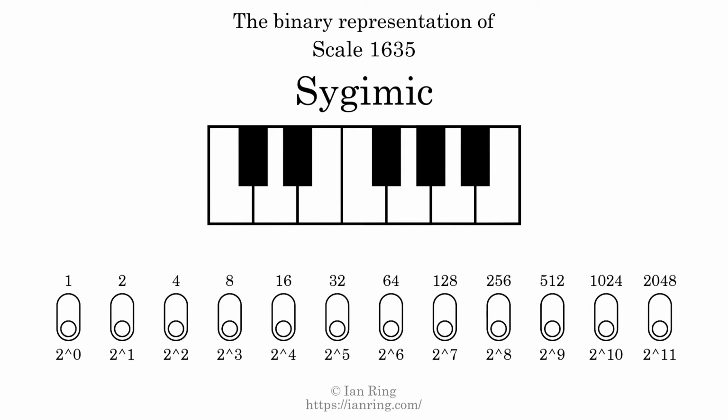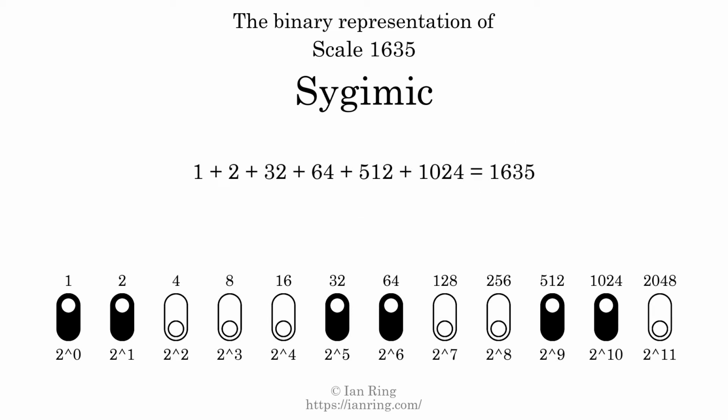The binary representation of this scale is determined by mapping tones of the scale to binary digits. Each binary digit represents a power of 2. To get the scale number, we add the powers of 2 together. The powers of 2 that are present in the scale, all added together, equals 1635. That is why the scale number, in decimal, is